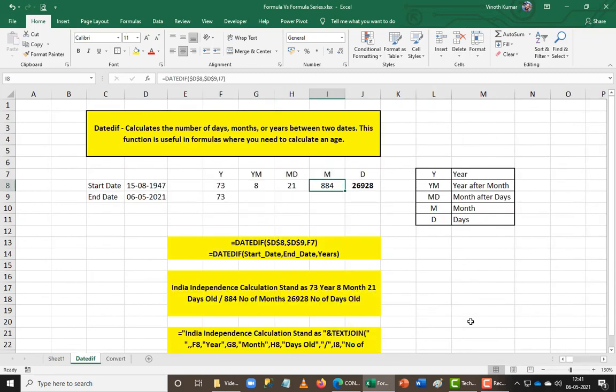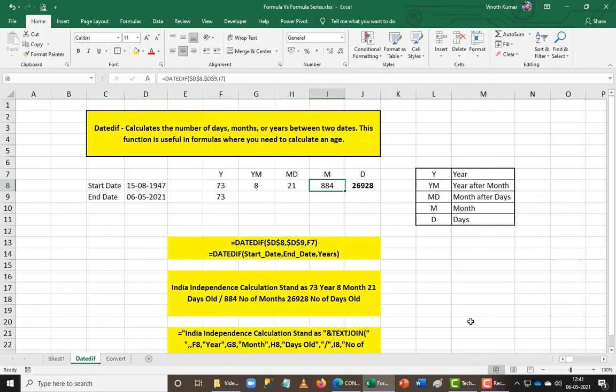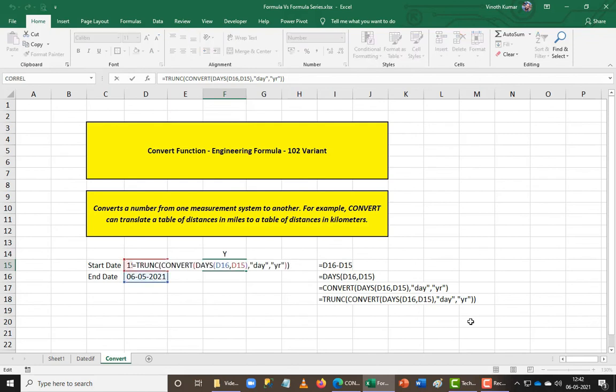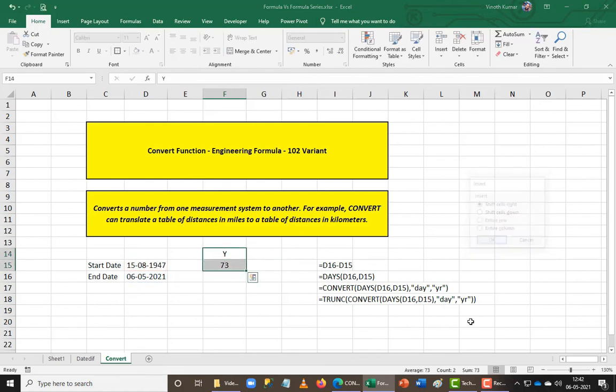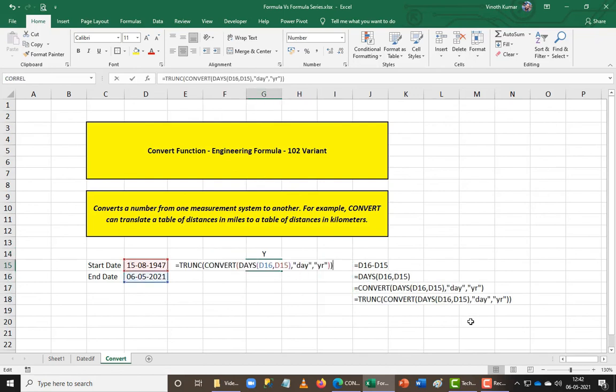So now I just started working on the difference between the Datedif function and convert. I used only one part of convert here, with a permutation combination of multiple functionalities here. I felt it is nice, and if I can generate them in a much more automated way, it will be even better. I just created an inside formula, and I just built the entire list here. So I just used a function on the list here, which allowed me to do things better. So this is the formula that I wrote. I started with an inside-out function. So first I created a date function or the day function. You can see that